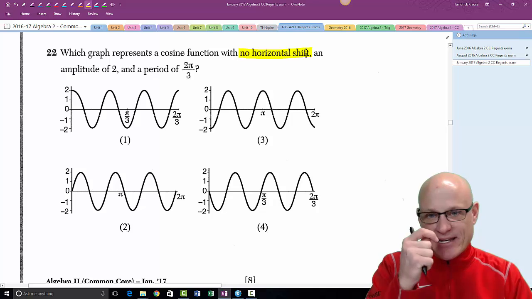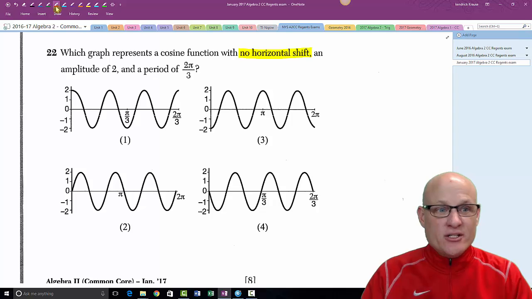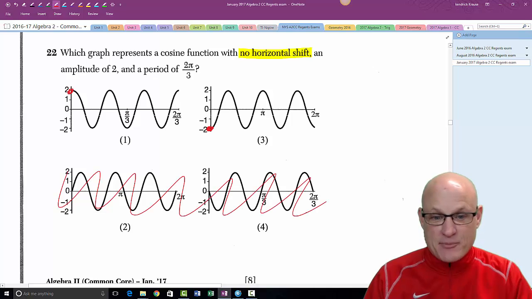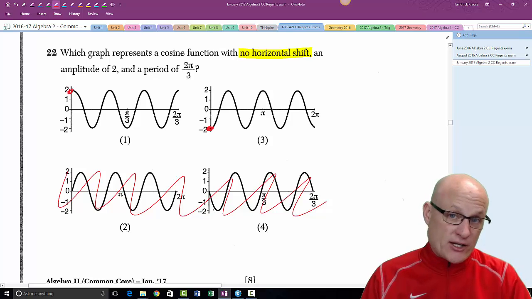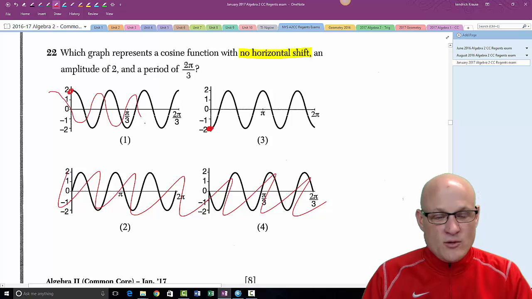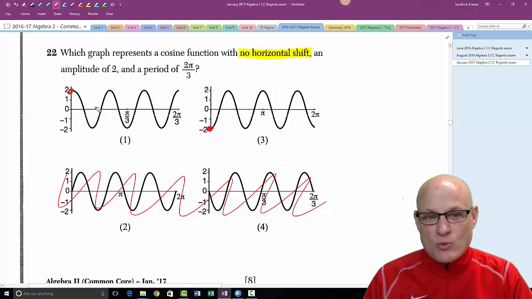Because it's cosine and it has no horizontal shift, that means it has to start with a maximum on the y-axis. So there's a maximum on the y-axis, or a minimum, a max or a min. Because it didn't shift left or right, it can't be one of these two. These would be cosine curves that got slid. For example, if you take this whole curve here and slide it to the left, it would look like this, right? Well, notice then it's got to shift to the left or right, but we said no shift left or right, so it's got to be one of these two.